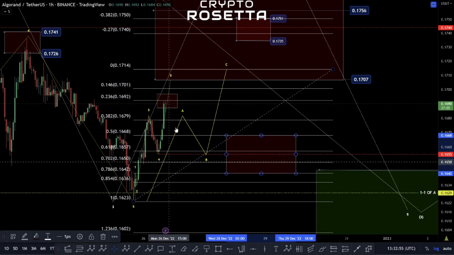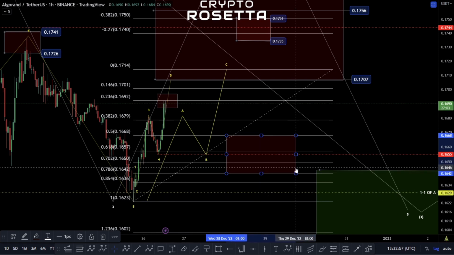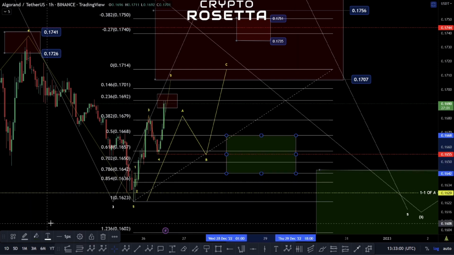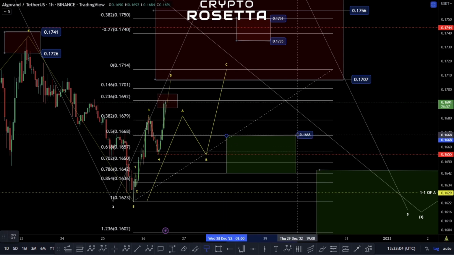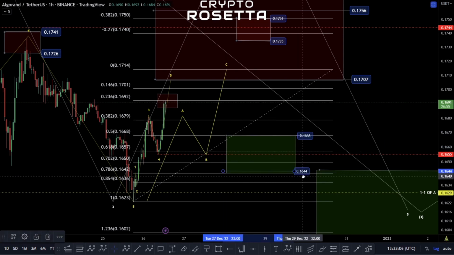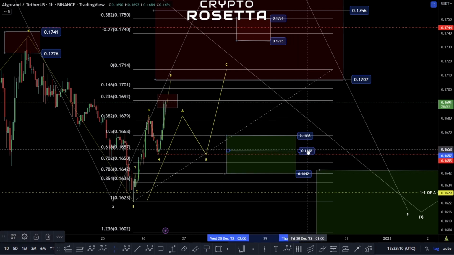It could go deeper if it's going to become something like a flat correction. Alternatively, we could follow the option to the upside that we previously just talked about. But basically, within this, what we would be looking for is a move back down in this zone. The typical area here would be this 1658 to this 1668 zone, but could also move as far down as even on this, because